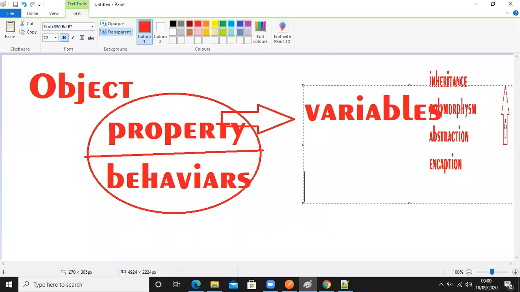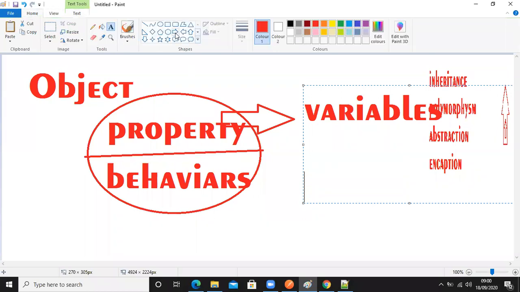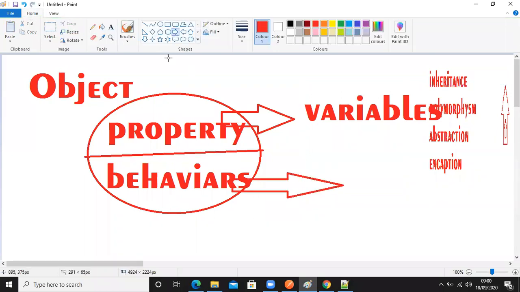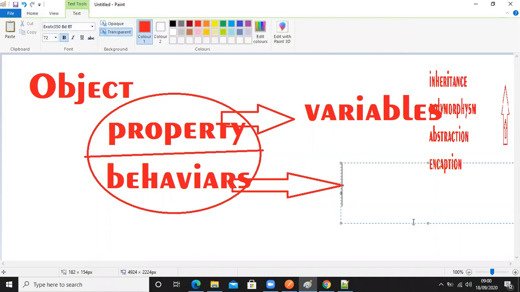The properties are called variables inside that object. Whatever the variable, whatever the data part of that object, right? And the second thing is behavior, right? Behaviors are something like functions. Functions will have a program, correct? That is called behaviors. That's it.